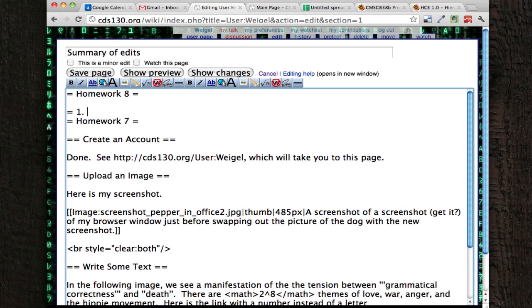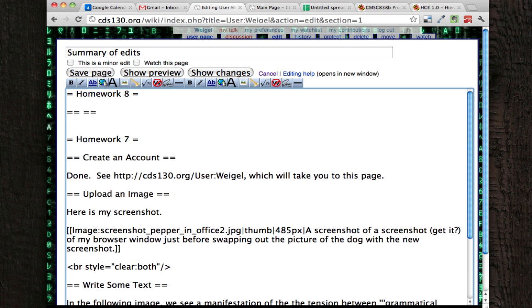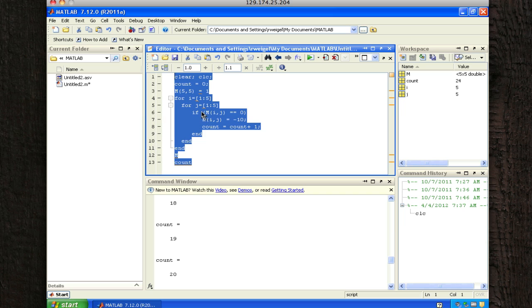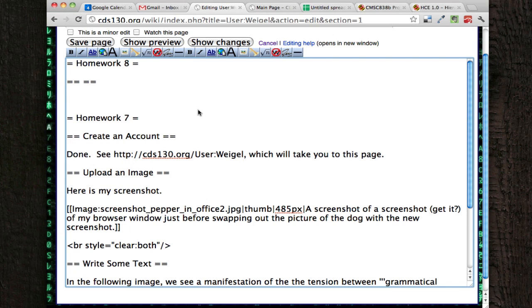And then this is problem number 2. And then I'm going to copy the contents here by highlighting everything and then hitting Control-C to copy. And now I'm going back onto a Mac, so I need to do Command-V to paste,